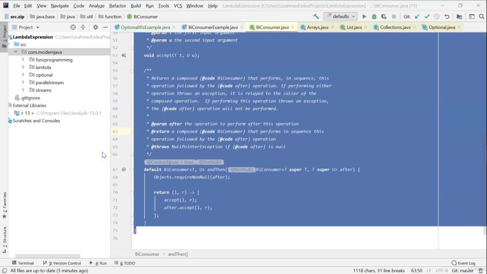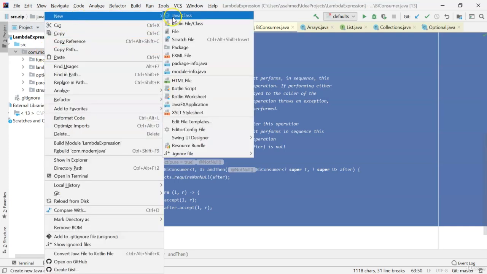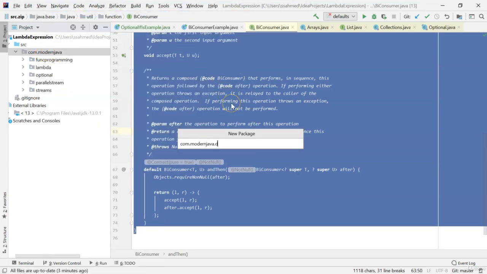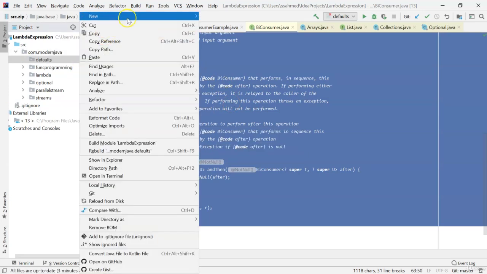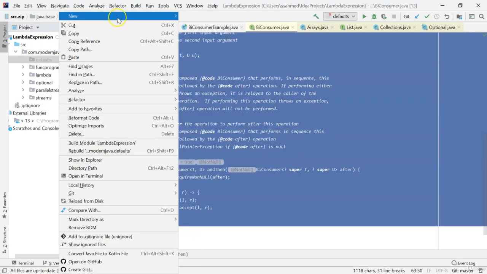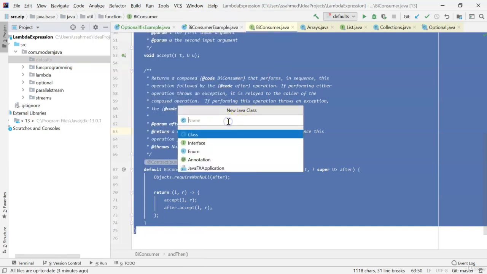In this video, we will look into default methods which are being provided by the list interface. So let's create a new package, and the package name is defaults. And let's create a new class, and the class name is defaults